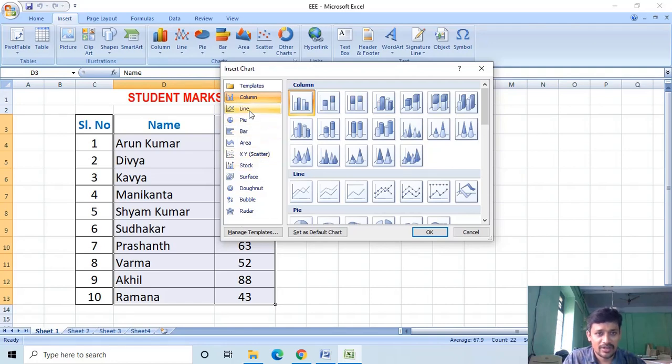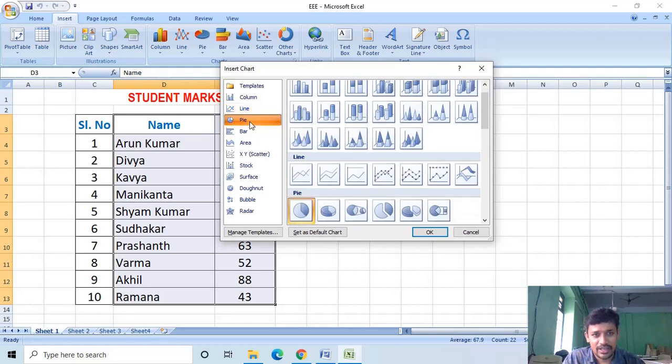For example, if you are watching a cricket match, then they will compare the two teams' batting lineup or bowling lineup by using the line charts. As you know, if there are any budget allocations, then they will use the pie chart. How the budget is allocated, the entire budget to which category. Like that, depending upon your requirement and application, choose the type of the chart.